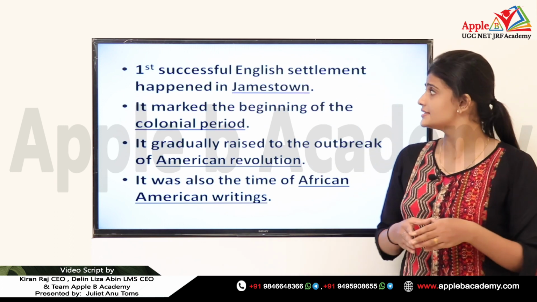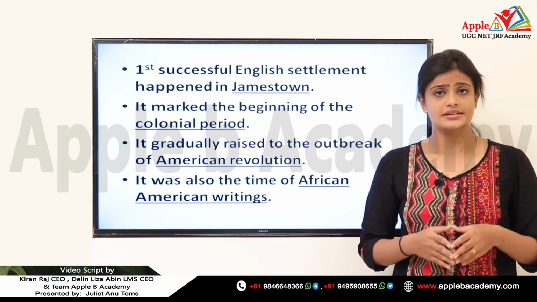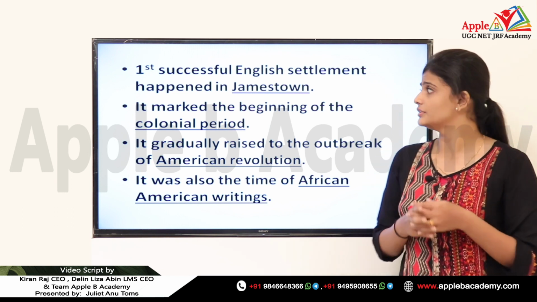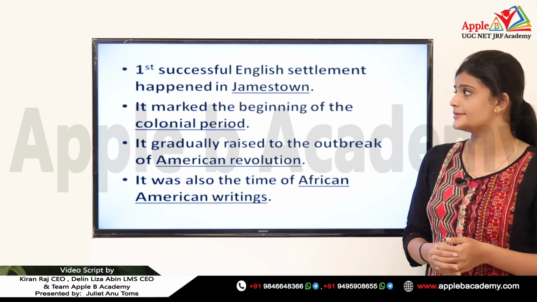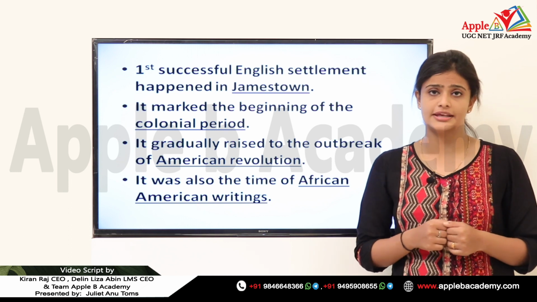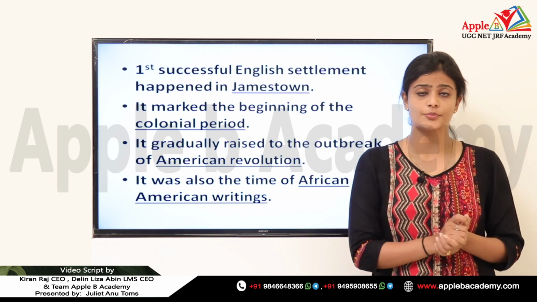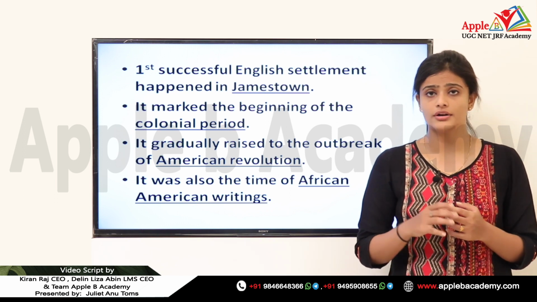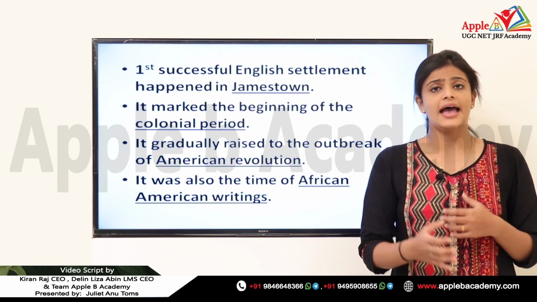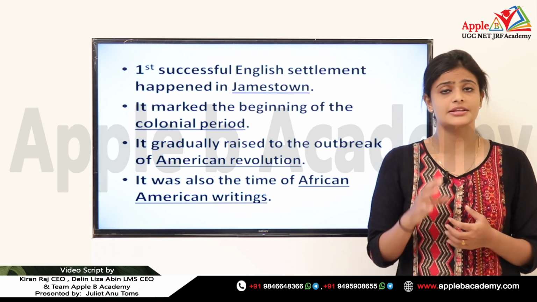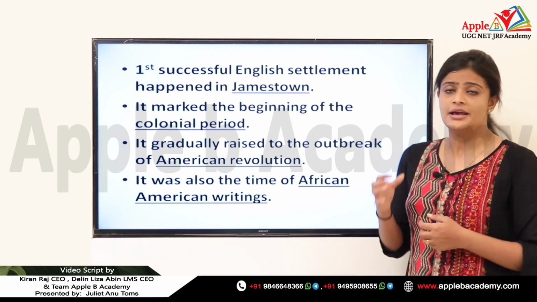And the first successful English settlement happened in Jamestown. I want you to remember the name. It is in Jamestown that the first successful English settlement happened, and you can say that it marked the beginning of the colonial period. So we were discussing the pre-colonial period, where the American natives followed the oral tradition in literature, and when the Europeans settled down in Jamestown, it marked the beginning of the colonial period, because the